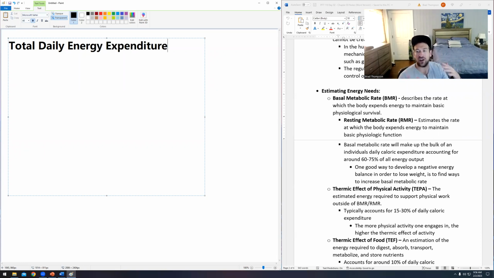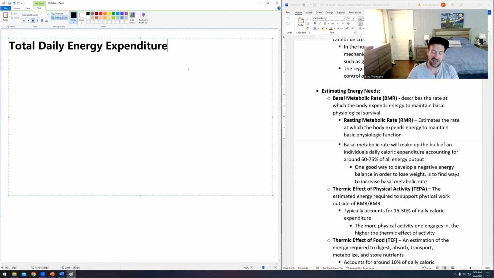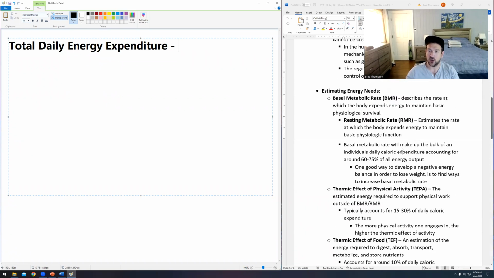Your needs can be different than that. If your need is to lose weight, then your total daily energy needs are lower than your total daily energy expenditure. But the assumption in this labeling that NASM's going with is that you're just at maintenance. So total daily energy expenditure, your TDEE, is going to be your total